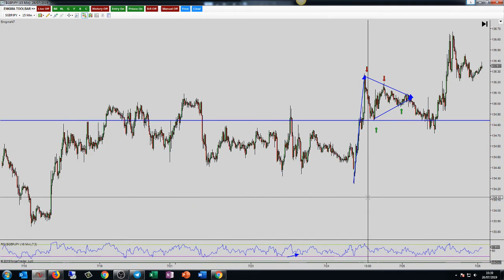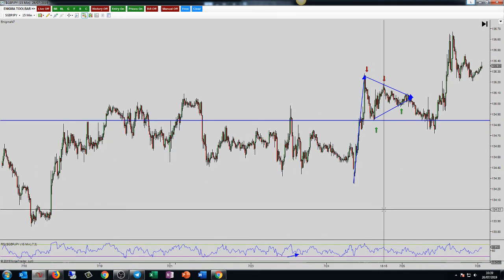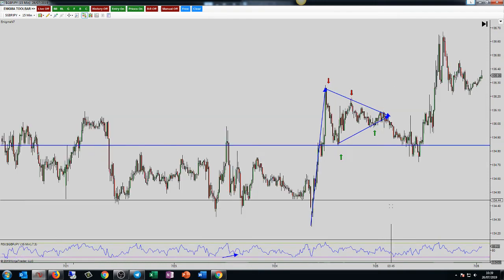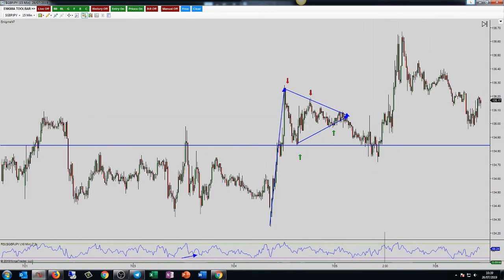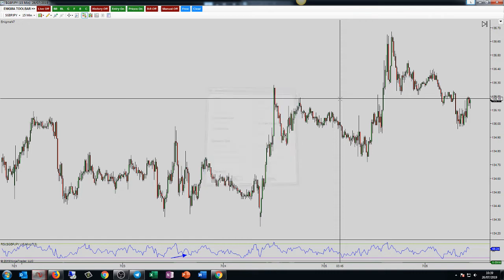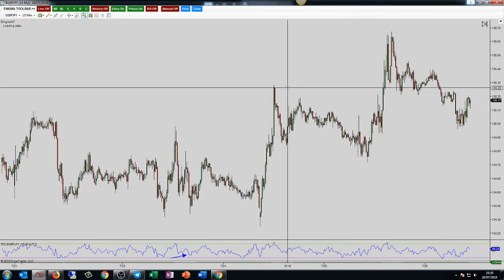So we've actually had quite a bit of hard luck in the markets, and I hate using that word because the trade either wins or loses. It's part of trading, but yeah, some hard luck on this. I think I took a 21 pip loser on it. Let's go and take a look at the dailies.